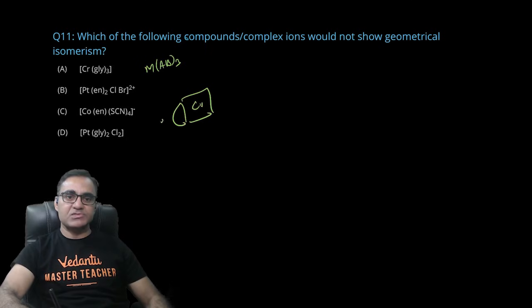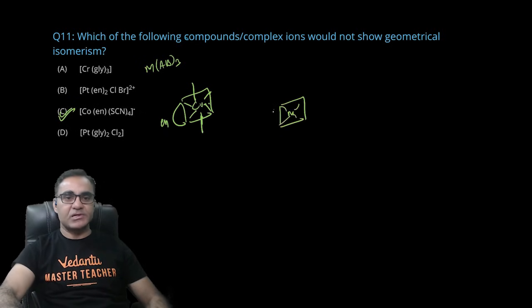CoX4Y, इसमें ज्योमेट्रिकल पॉसिबल नहीं है, क्योंकि इन की सिर्फ एक ही पोजीशन है, यहाँ आपने फिक्स कर दिया, अब आपके पास बाकी जो चार सिमिलर लिगेंड हैं उनको अरेंज करने का एक ही तरीका है, तो दिस इज गोइंग टू बी द आंसर, इसके अंदर किसी प्रकार की ज्योमेट्रिकल आइसोमरिज्म नहीं होगी। Pt(Gly)2Cl2 की बात करें, तो अगेन जो ग्लाइसिन है एक प्रकार का